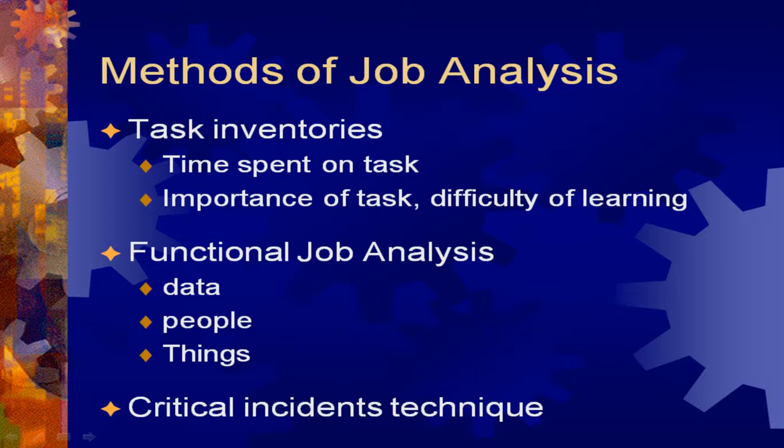Now take a look at different methods of job analysis. The first one is task inventories. It is a list that itemizes all the tasks involved in the performance of a specific job: time spent on task, importance of task, difficulty of learning. Now the functional job analysis. It produces standardized occupational information specific to the performance of the work and the performer. It includes data, people and things,